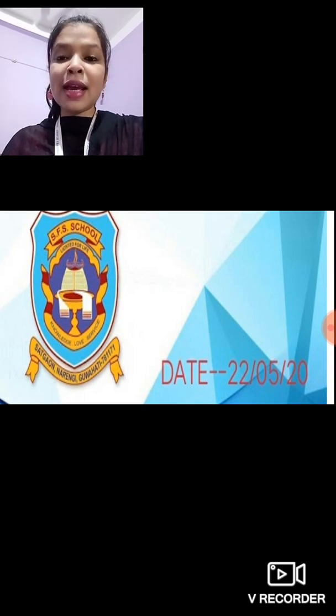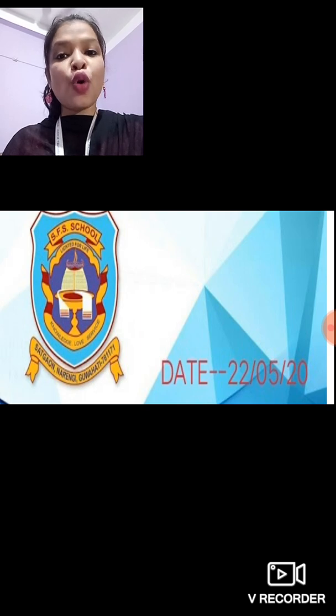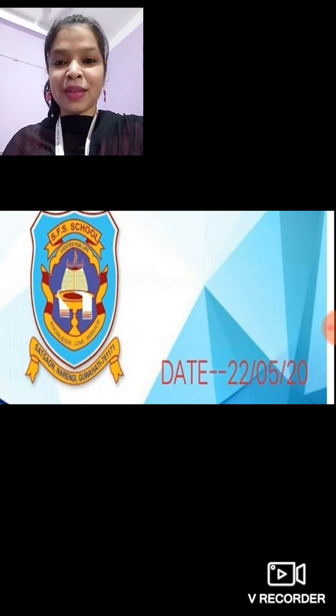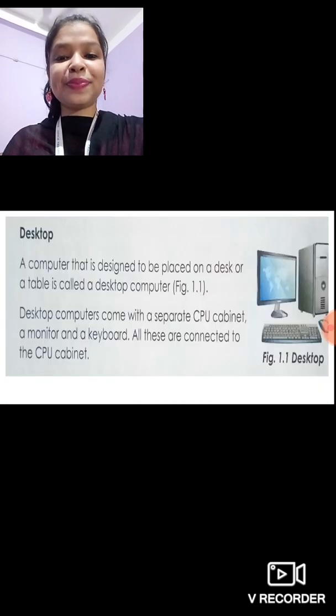We have also learned about the different work areas where computers are widely used. The different work areas are education, entertainment, transportation, medical, banking, home, and business. We have learned in detail how computers are vastly used in work sectors and how people are dependent on them. So today we are going to learn about the different kinds of machines of computer. Let us start the class.